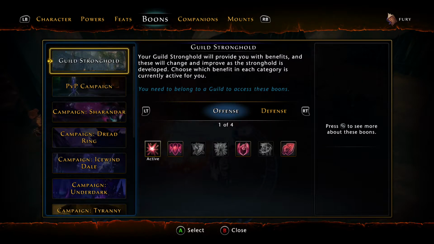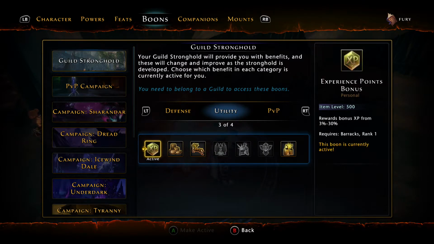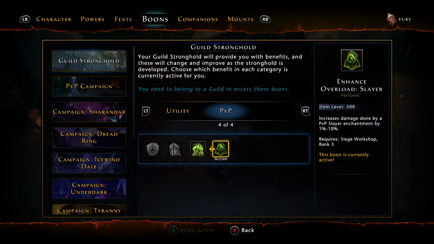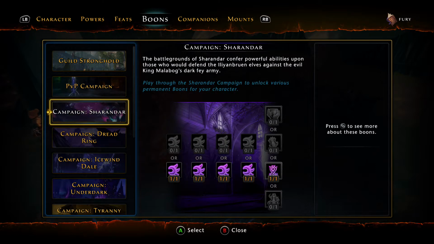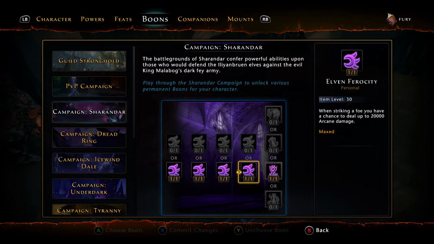We're going to go into Boons, the Stronghold Boon, Power Defense. I have experience because I am stacking up my level up rewards for double AD, and I have this just for the 500 item level. I kind of want to take it down because I don't ever PvP, and it's inflating my item level by 500 points, which is a lot to be inflating your item level. So we got Dark Fae Hunter, we have Fae Precision, Elven Haste, Elven